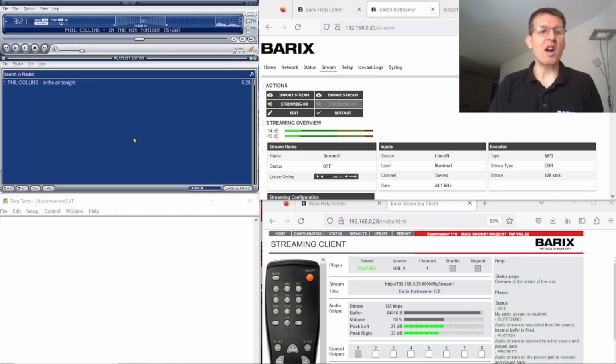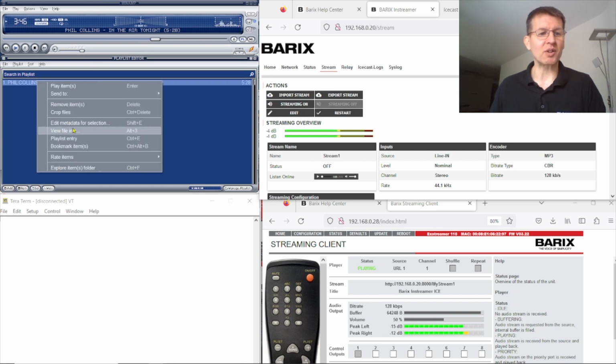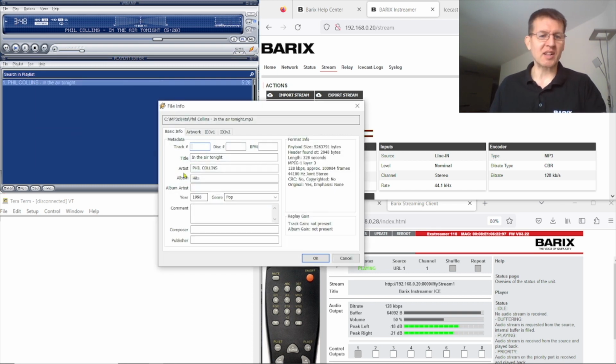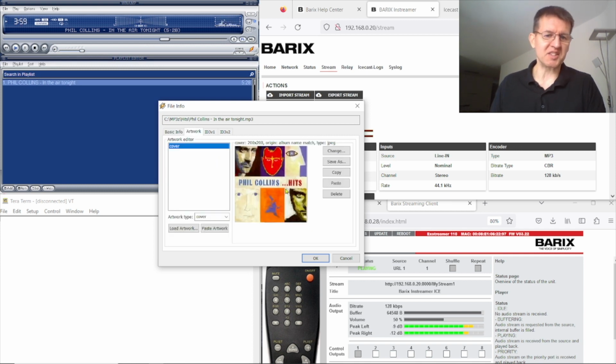Metadata are additional information in the audio stream beside the audio data. So that could be song information, but it could be even technical information. You can compare this a bit with the ID3 data in an MP3 audio file. So let's have a look here in my player. There we have an MP3 file, and when we look there in the information, then we get the ID3 data displayed. And here you see the information from the song. What song it is, who is the artist, even the CD cover could be contained.